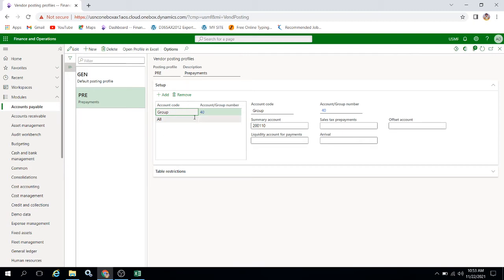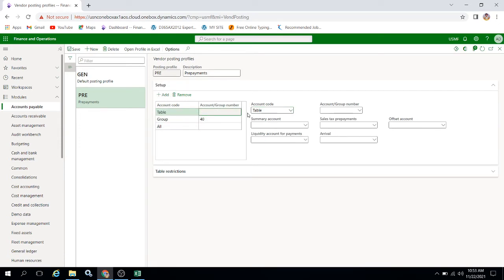We can create one more to explain. If it is table, it will be applicable only to the particular vendor, and if it is group, it will be applicable to the vendors that are in that particular vendor group. If it is all, it will be applicable to all the remaining ones.